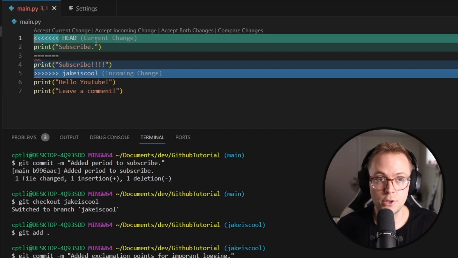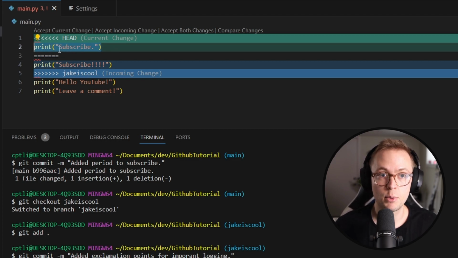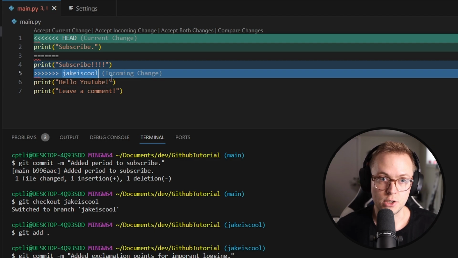And then underneath this, between this and this, is our change. So this is the affected lines, in which case we have print subscribe period. After the equal signs, we then have print subscribe exclamation mark, 4 of them. And then we have a bunch of greater than signs, jakeiscool. This is now saying that anything between these, or this line and this line, meaning this line here, is from